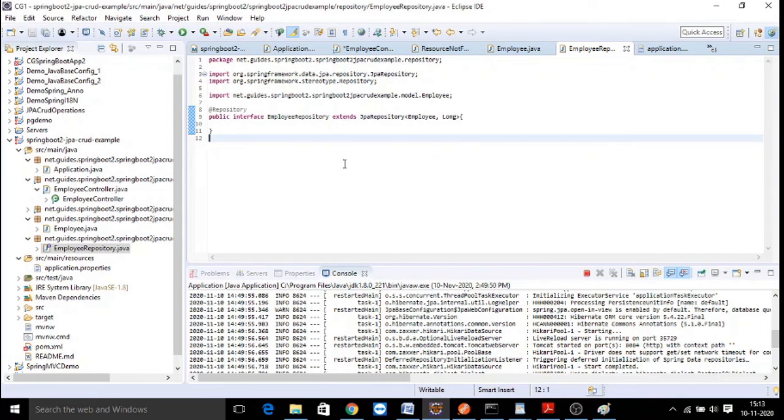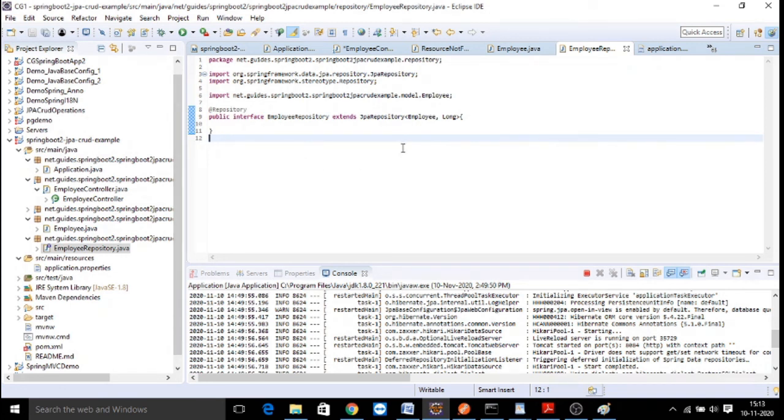How do we do the customization? I will give you that in the next example. Today you just practice integrating with the database to perform the basic CRUD operations. If you are able to do this with a successful connection with the database, the customization we can do in Spring however we need. We just have another annotation called @Query, using which we can pass our own custom queries to this repository. That is the strength of JPA repository when coming to the integration with Spring Boot.